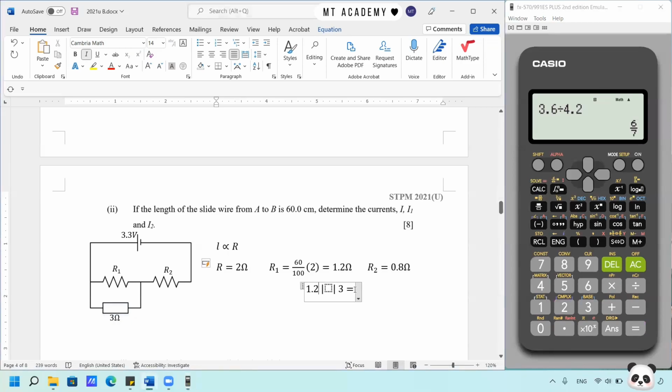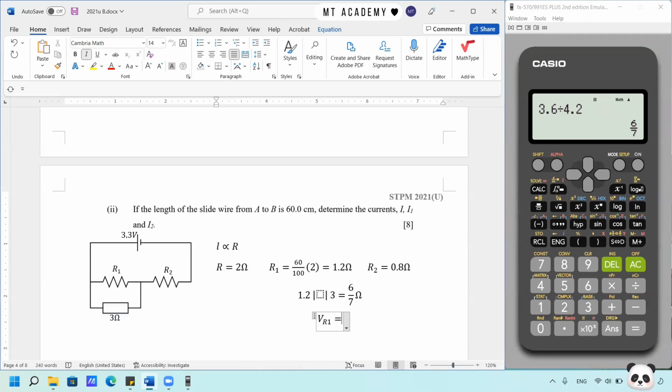And you obtain 6/7 ohm. Okay, so that is the resistance of R1 in parallel with 3. And then we want to obtain the voltage across the R1 or the 3 ohm. Then we can apply the formula of the potential divider. So the voltage across the table lamp, that we can label as R1 or 3 ohm,